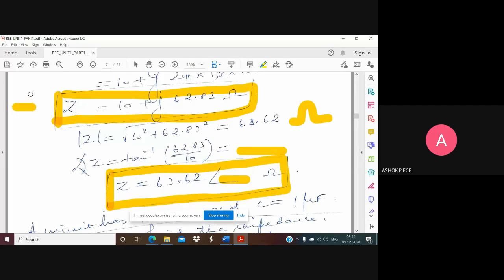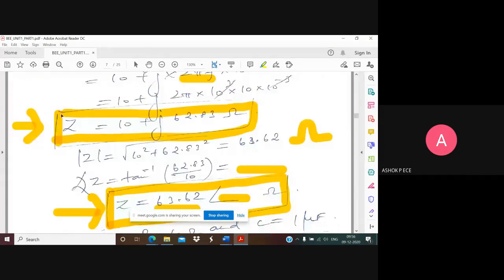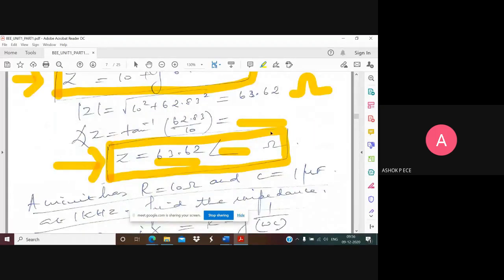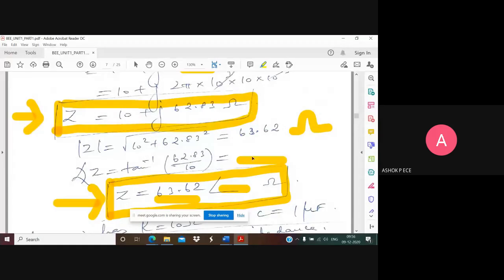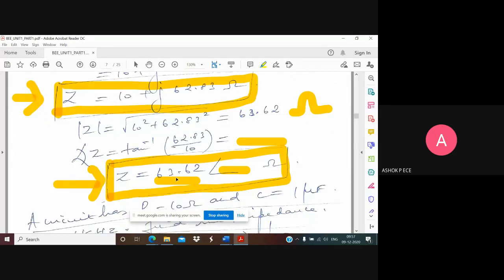This is the representation of Z in complex format. You call this one polar format. Polar means I'll be using magnitude and angle for representing the impedance. I think this form is familiar to you, but this form is not familiar. So remember that you can represent impedance in polar format also by using this conversion. Once you have this complex number, find the magnitude and angle, and write the magnitude followed by angle. Is this notation clear for everyone? We'll be using this in our circuit, and we'll be using only this format because it is very easy to simplify.